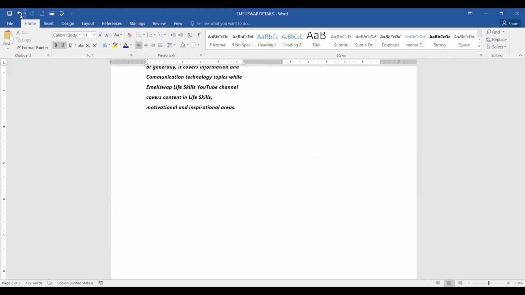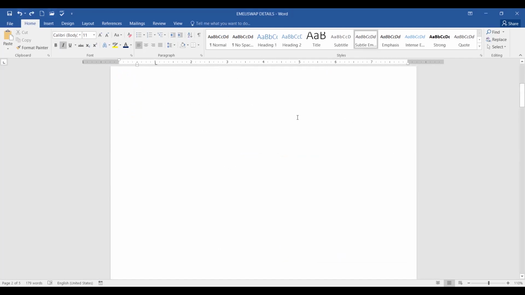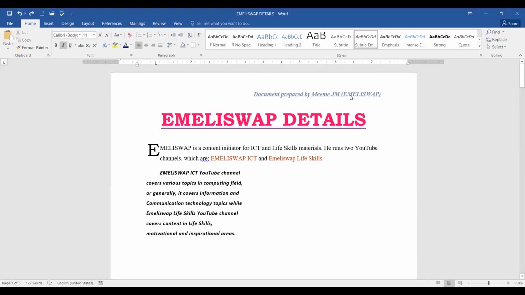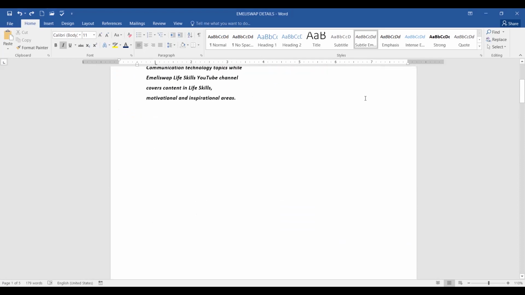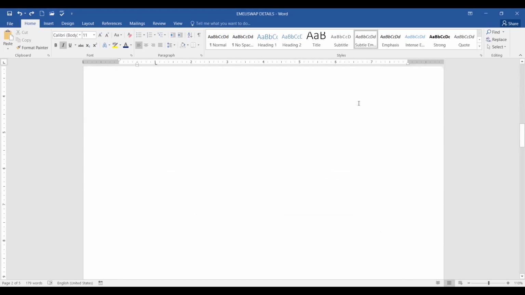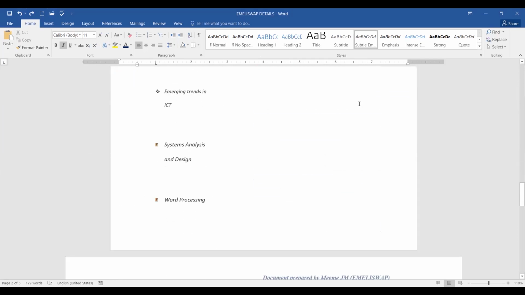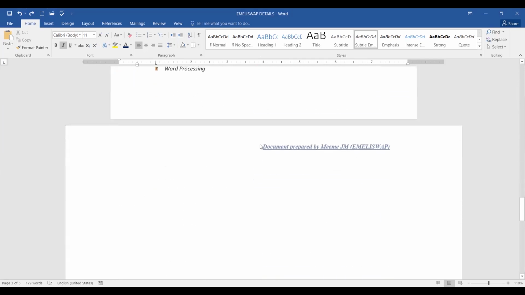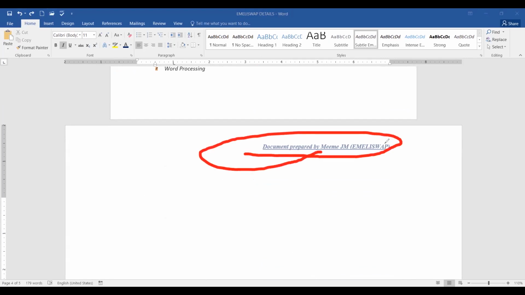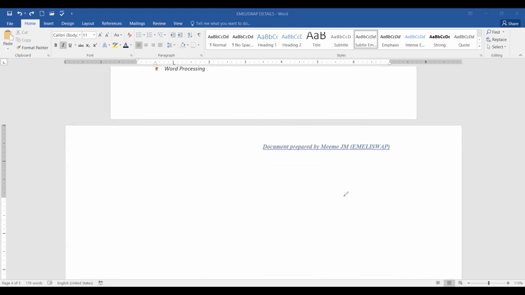So let me undo that because I already have a header for my case. Document prepared by Mehmet, and you can see that heading appears on every page in my document. So that's what we are calling a header. This is what I'm calling a header, and it is appearing on every top of page as I have already specified. If you want to insert footer,